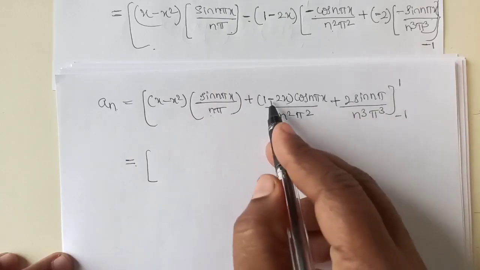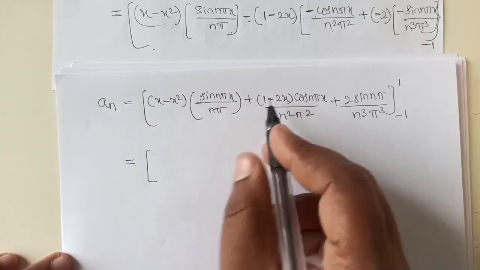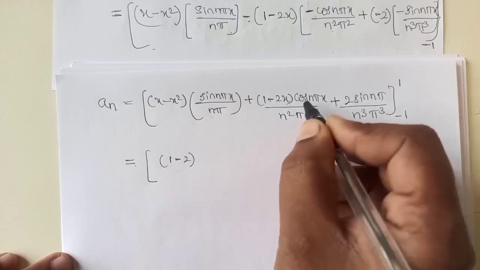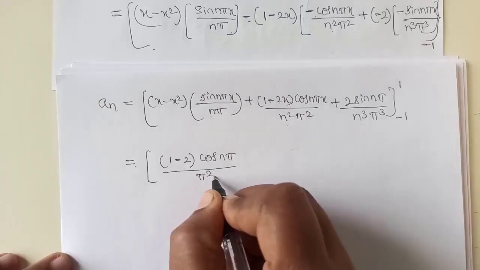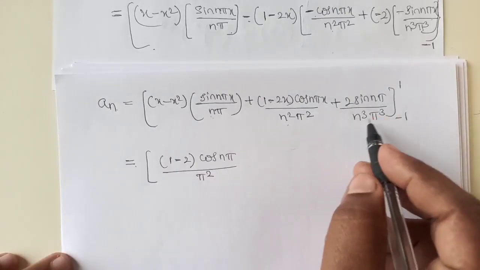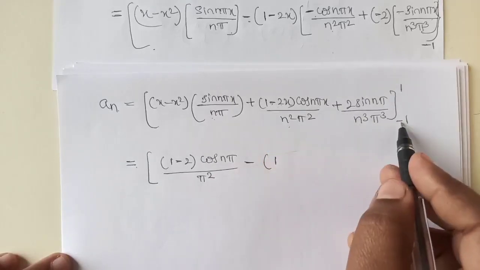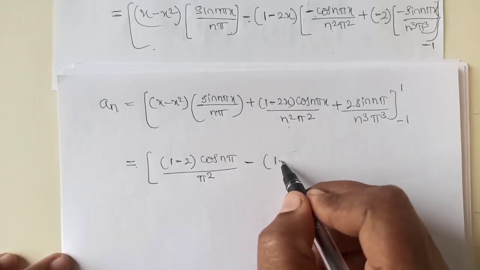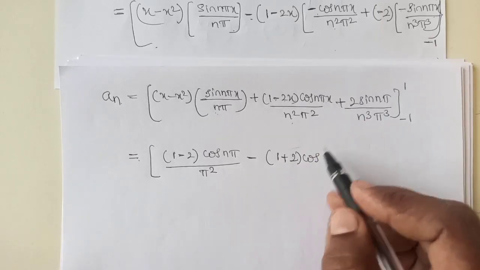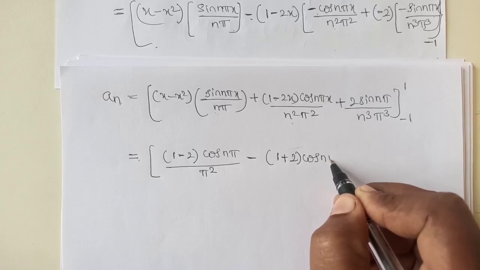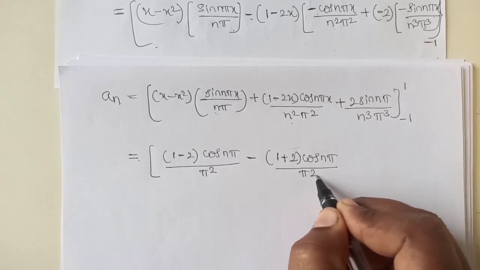We substitute the upper limit here. So 1 minus 2x, 1 minus 2 into 1, we get 1 minus 2 into cos of n pi divided by n square pi square, plus again it becomes 0. Next we go for the lower limit, minus of the lower limit. Substituting x equals minus 1 we get minus into minus plus 2 cos of minus 1. Cos of minus theta equals cos theta only, therefore again it is cos n pi divided by n square, and minus 1 square is equal to 1, so it is pi square.